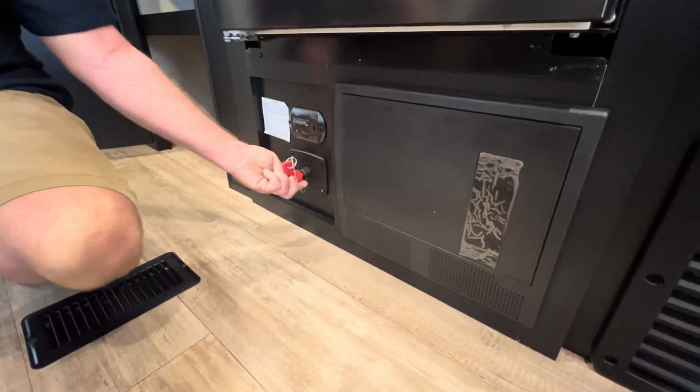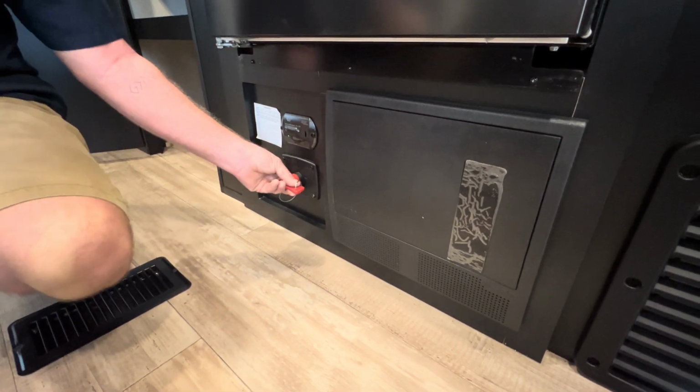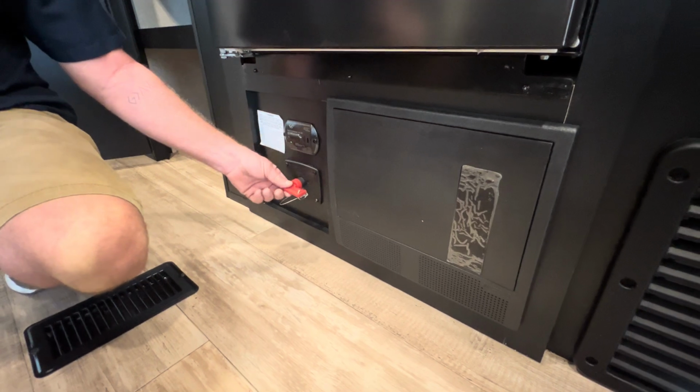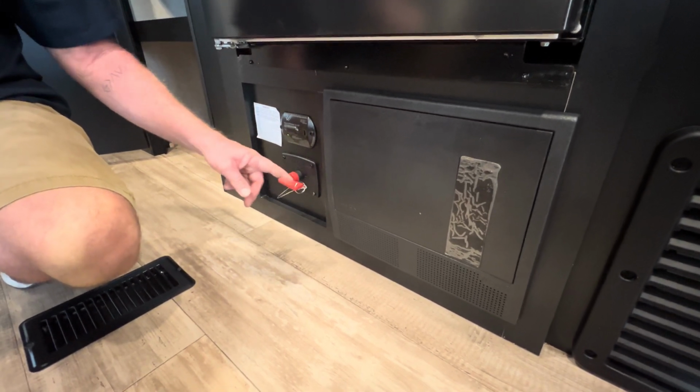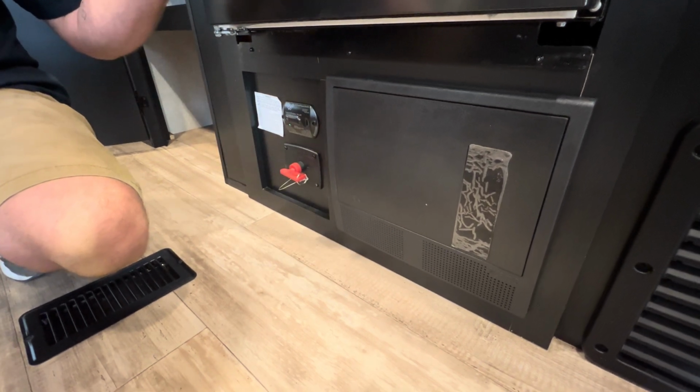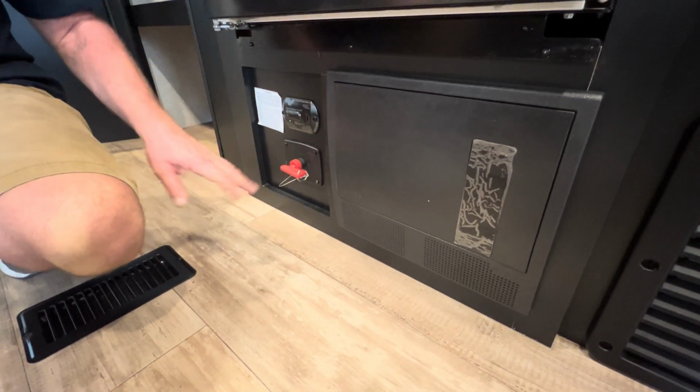I recommend that you leave this on at all times, unless you're going to be storing it for a long period of time, 6 months or over. So I wouldn't even worry about leaving it off. That's just in case you would lose power. If you leave the trailer, you at least have your battery to run your refrigerator